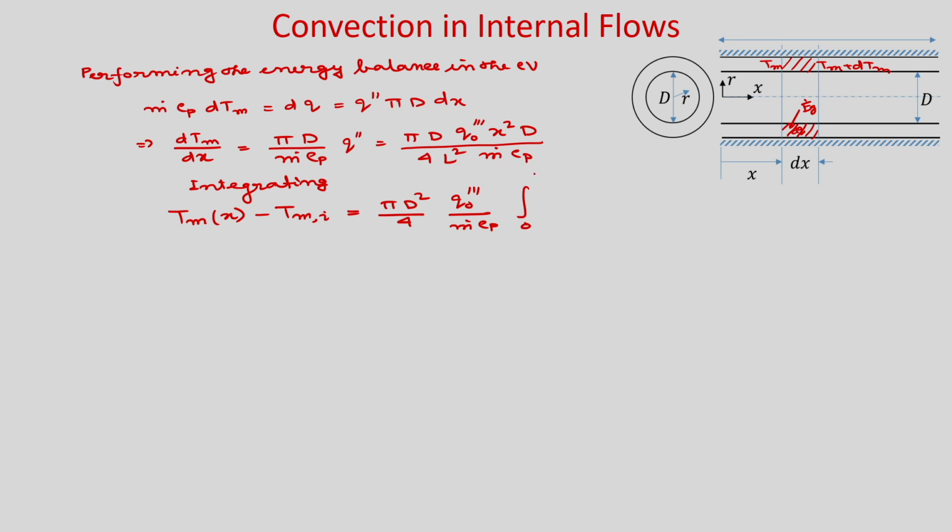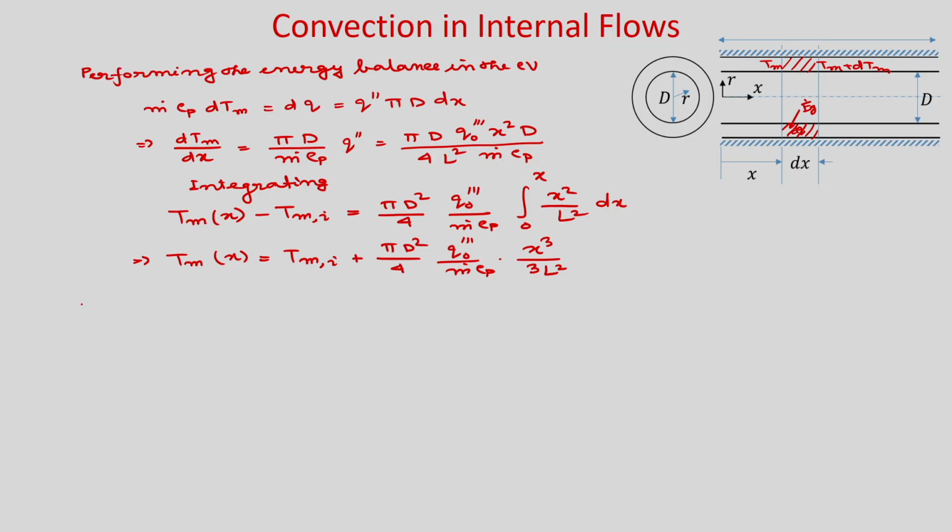So, it will be 0 to x, x square by L square dx. So, your mean temperature variation you can see T m x is equal to T m I plus pi d square by 4 q naught triple prime by m dot Cp, and it will be x cube by 3 L square. Okay. So, we have found the mean temperature variation. Now, you have to find the wall temperature variation along the axial direction. Okay. So, if you do this,